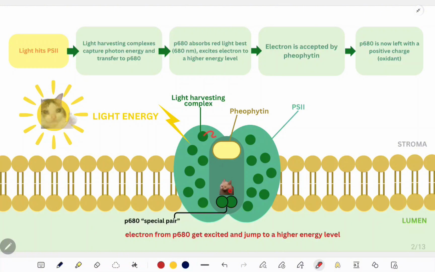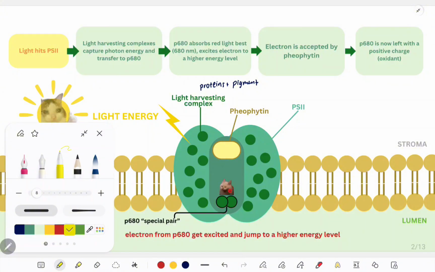Firstly, light harvesting complexes, which consist of proteins bound to chlorophyll molecules. So they are just proteins plus pigment. These light harvesting complexes absorb the light energy, they capture photons, and they funnel or transport that